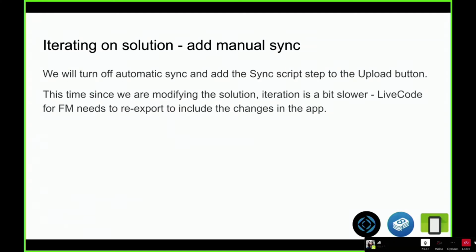We're going to turn off the automatic sync and add the sync script step to the upload button. So this time, since we're modifying the solution, it will have to re-export it, but again, it shouldn't have to recreate the interface solution because we're not changing the data model.